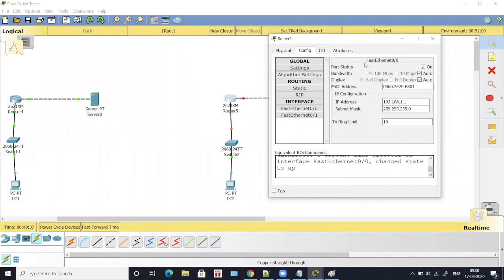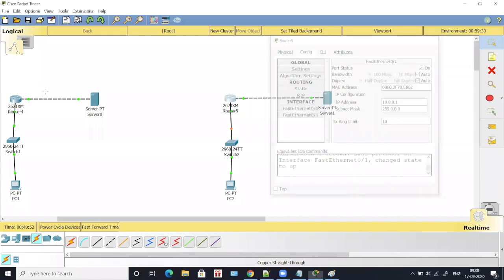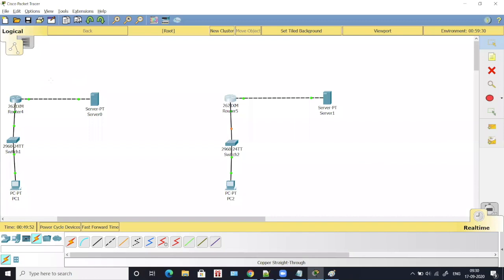Okay, make the port on, and then you will go to 0/1. For 0/1, it is going to be 10.0.0.1 and subnet mask, and you have to turn the port on. Okay, so we have given the IP. We have given 192.168.1.1 for this interface and 10.0.0.1 for this interface.